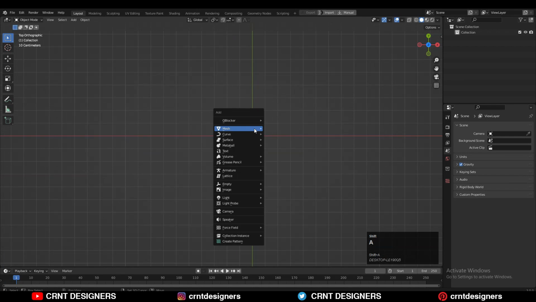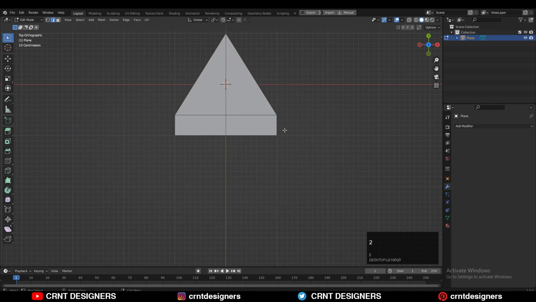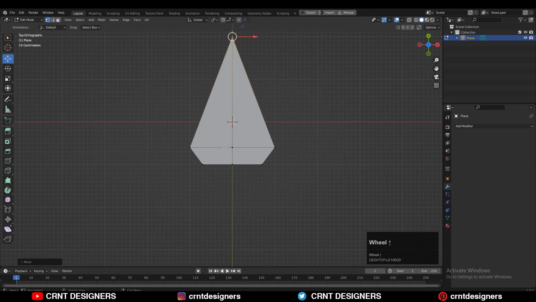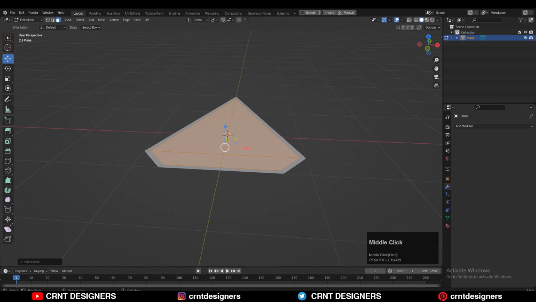To create that arrow design, you need to add a blend, and then go to edit mode and add the center loop cuts like this. After that, you need to merge the words and then scale this edge and create a 2D shape there for the arrowhead. After that, you need to use the insert operation there and then move these faces along